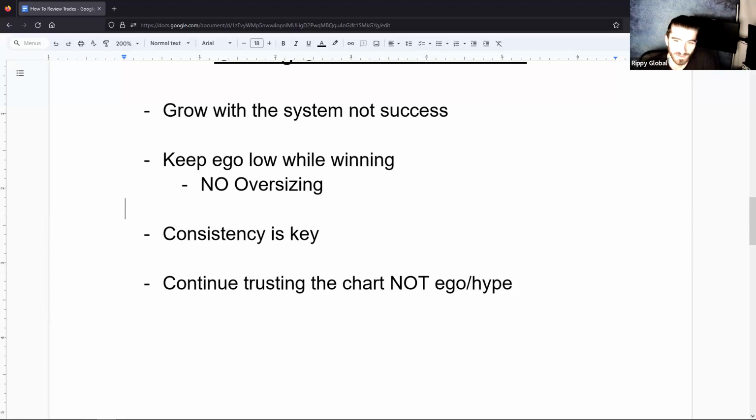For me, my karma is always very bad. I'm always sizing more than usual after a good week. I still keep my loss where I'm supposed to. But when you increase your size and your stop is still the same as at normal size, the money you lose is also going to increase. So you get that overhead ego. You start thinking you're invincible. You don't even look at the chart as much. You just analyze stuff and think you're right every time. You have to stay disciplined in that aspect and let the chart do everything for you.